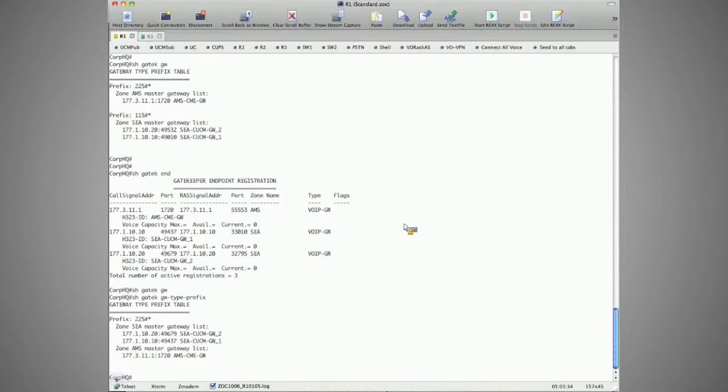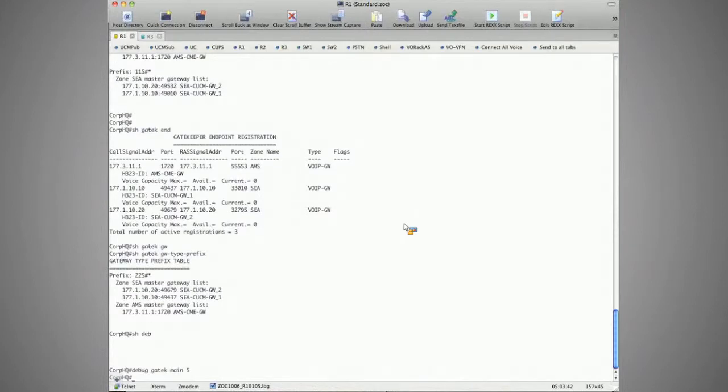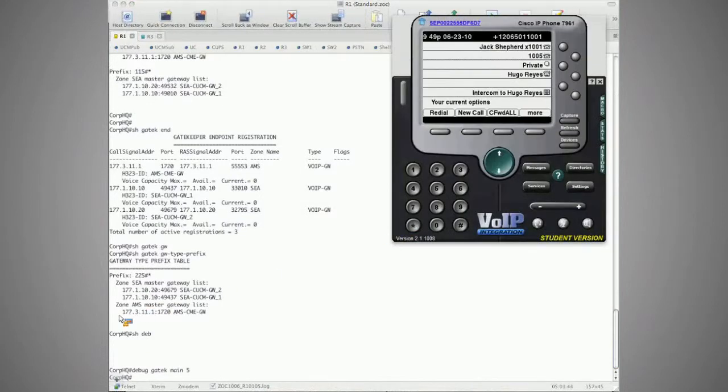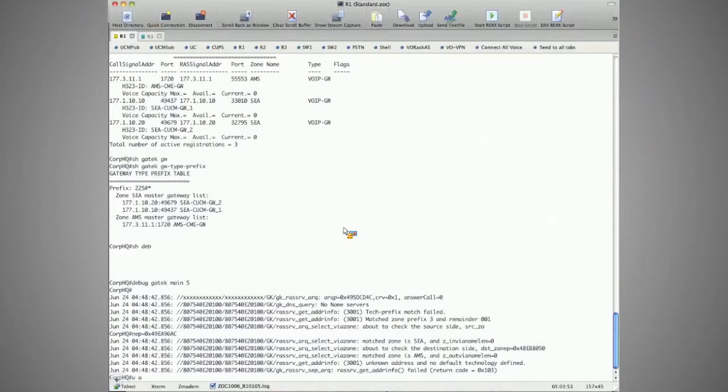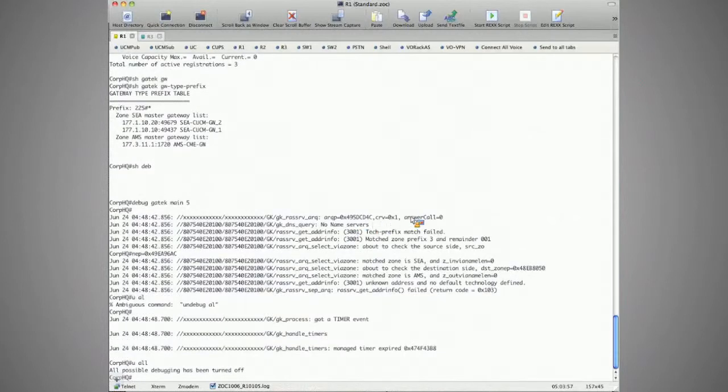Okay? So again, no debug, debug gatekeeper main 10, or 5 rather. Let's route the call over again. Should we see 225 as a prefix? I don't know, let's try it. Undebug all. Answer call equals 0. TEC prefix match failed, so it obviously didn't come across. By the way, you would see it here. You're not going to see it. Why? Because